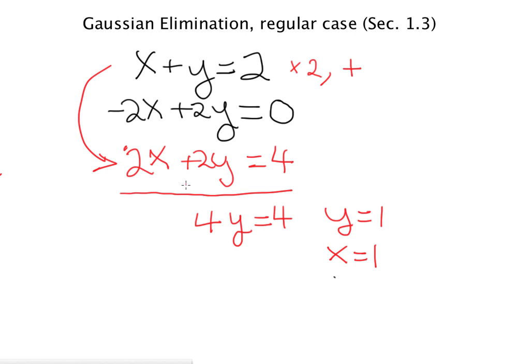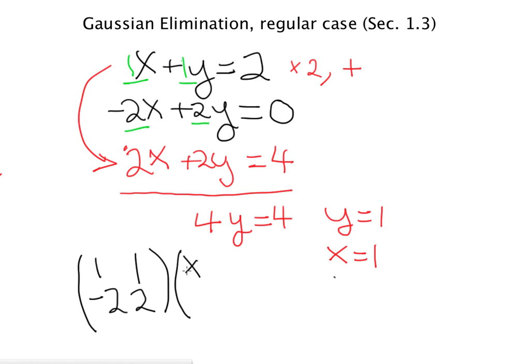Now, we're going to convert this into a matrix equation and use a sort of algorithm, a more mechanical way to solve these kinds of equations. So the first thing that you do to make a matrix equation is you look at the coefficients of the equation on the left-hand side and you put those in a matrix. So the matrix is 1, 1, minus 2, 2. And you write the equation this times xy is equal to